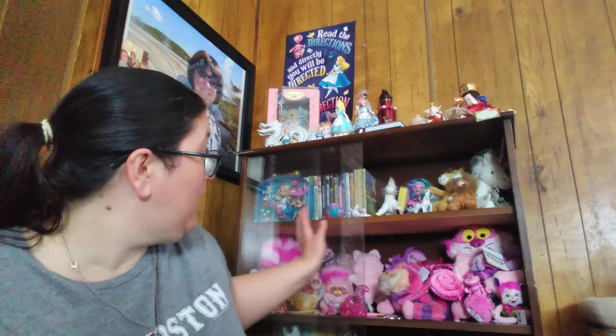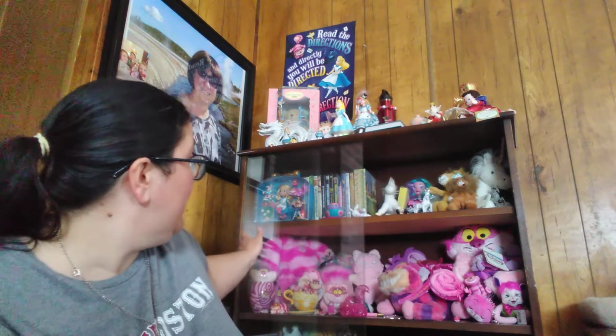I really like how cute and adorable these items are, but I wasn't a fan of either movie, really. The first one I liked a little better than the second one, but I really disliked the second one. I thought the set design was completely wrong for an Alice in Wonderland movie because they used a historical person to create the sets, and it just became this hard concrete thing, and it's supposed to be a dream, so having a hard concrete set when it's supposed to be magical just took me completely out of the movie. So I'm not a fan, but I do have copies of both because I have a lot of